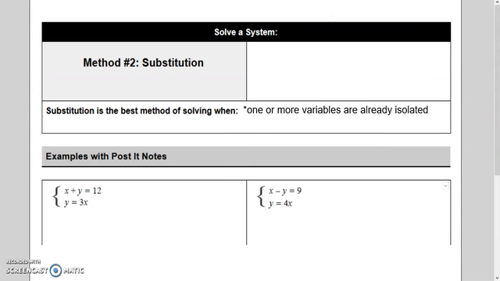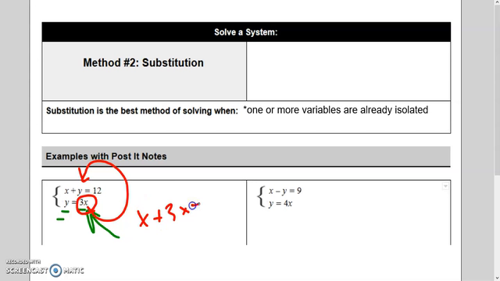So the second method is substitution, and substitution is the best method when one or more variables are already isolated. So here's an example where y equals 3x, we've got the y alone by itself. So now I can take that 3x and substitute it in place of the y and rewrite this whole thing as